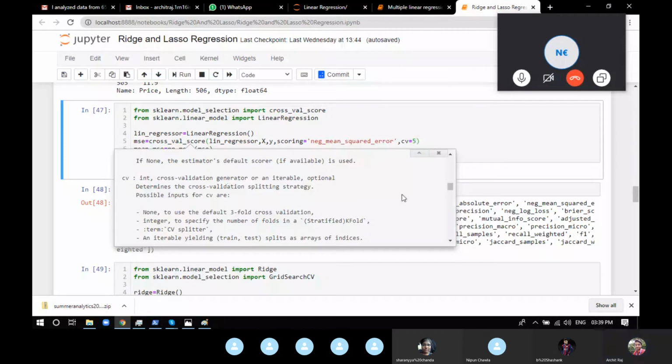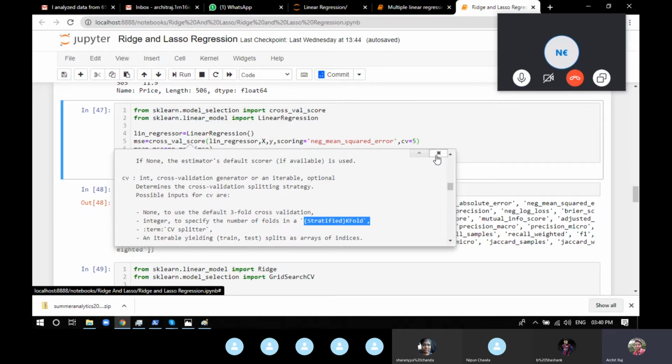Now, which kind of cross validation is this function providing? Cross val score provides stratified k-fold cross validation, because this is the best cross validation which is possible. You can see an integer to specify the number of folds in a stratified k-fold cross validation. This is what you're providing in CV equal to 5.